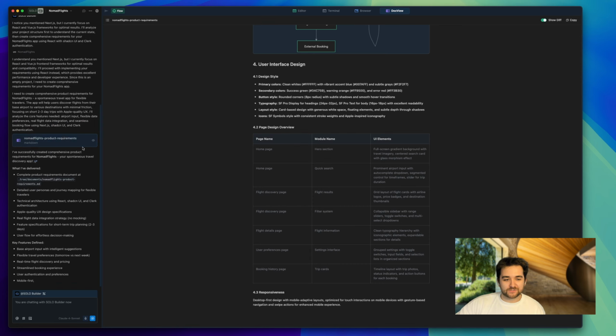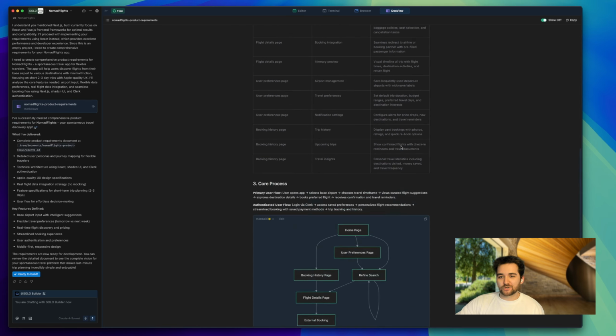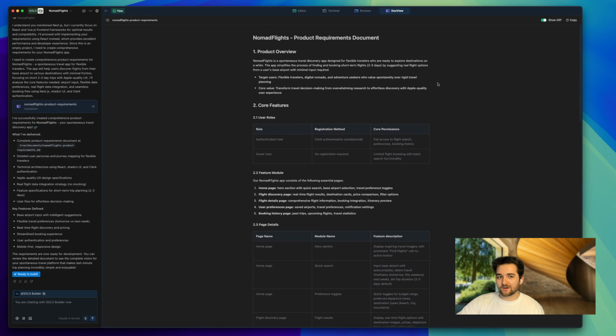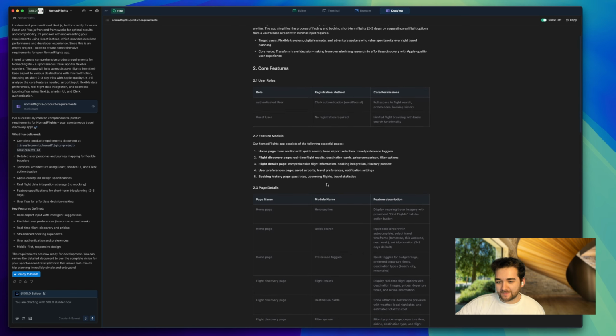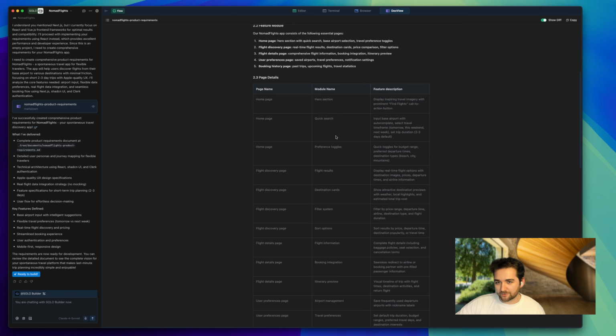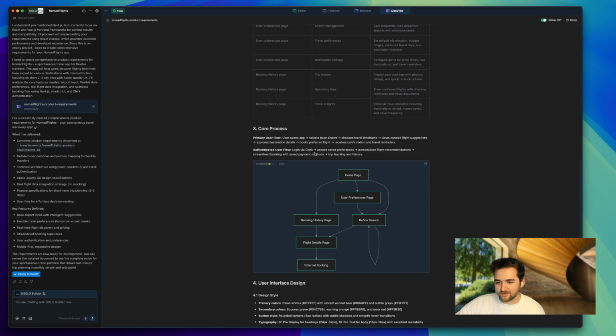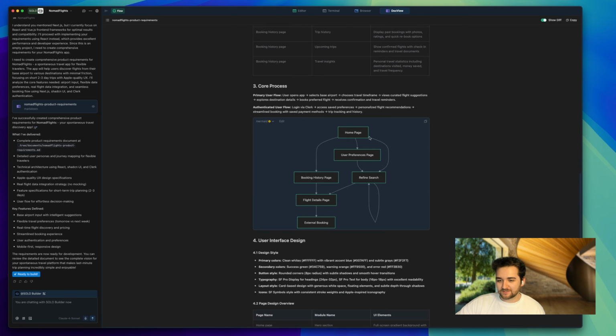Okay, cool. You'll see step one of Trae Solo is now building a requirements doc first. It's really meant to go from 0 to 100. That's kind of the goal here. You can see it's going to generate the product overview, core features, and then a whole bunch of features that we kind of listed out here. I'm going to quickly read through here. We're even generating some interesting diagrams